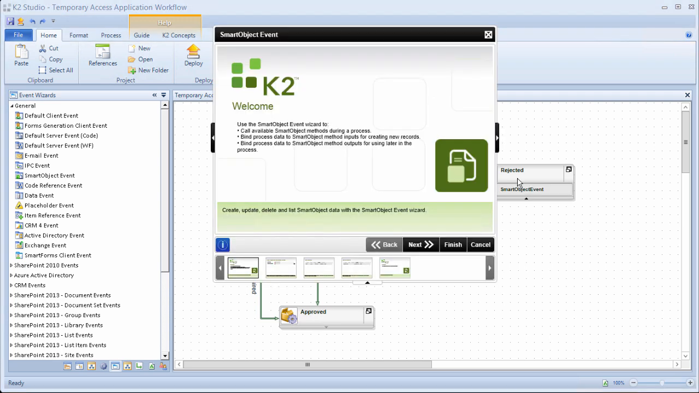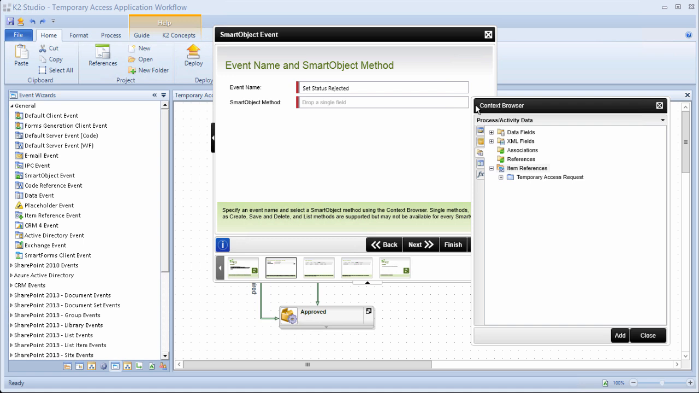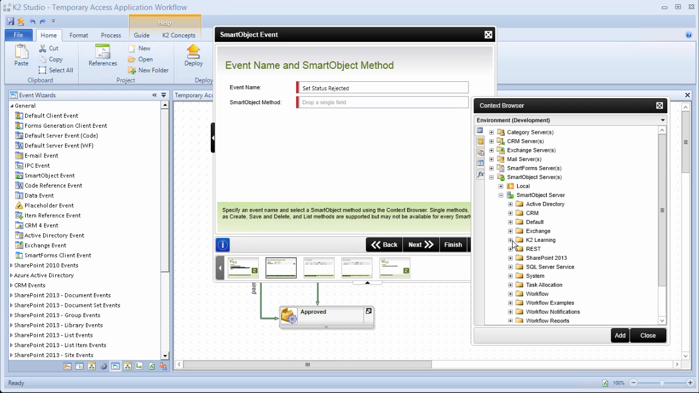Okay, when you drop this event into the Rejected activity, the wizard is going to automatically start. You can click Next on the first step of the wizard, and on this next screen, let's name the event Set Status Rejected, and then we're going to use the ellipses icon to locate the following method in the context browser. Go into the Environment tab, open up Smart Object Server, and then Smart Object Server again, then drill into K2 Learning, Temporary Access Application, Temporary Access Request Smart Object, and then grab the Save method under the Single Method